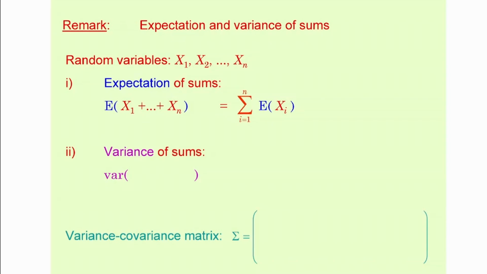I'm going to apply that quite frequently, so you'll see that quite often when addressing expectations and variances of stochastic processes and so forth, and maybe sums and whatnot, because you have the increments that you sum up. Anyway, the variance of the sum, again, is not the sum of the variances, but actually the sum of the entries from the variance covariance matrix.